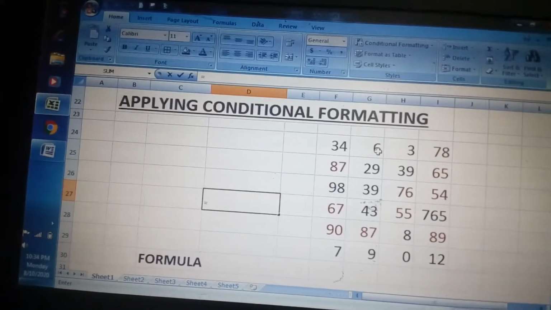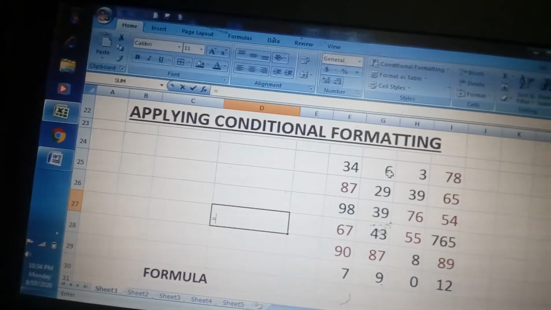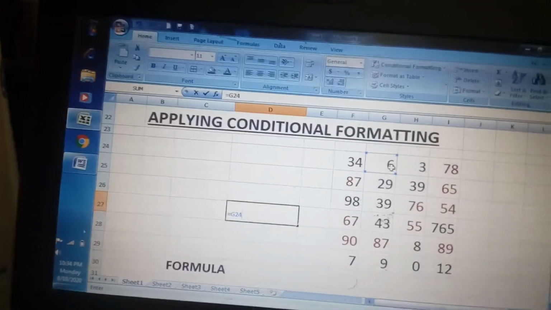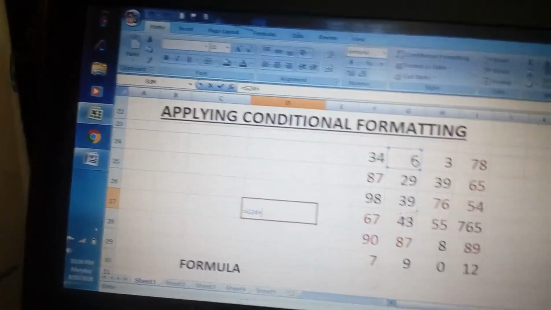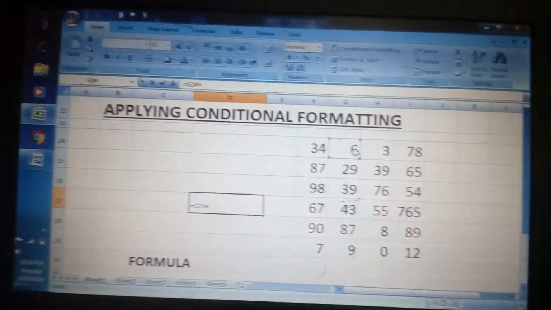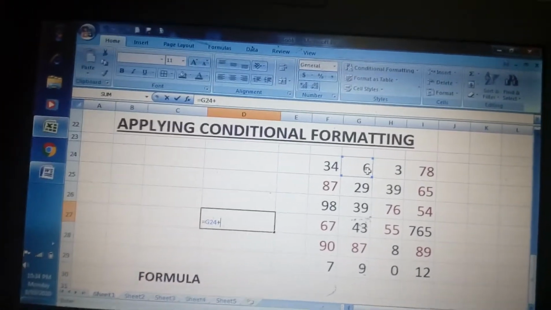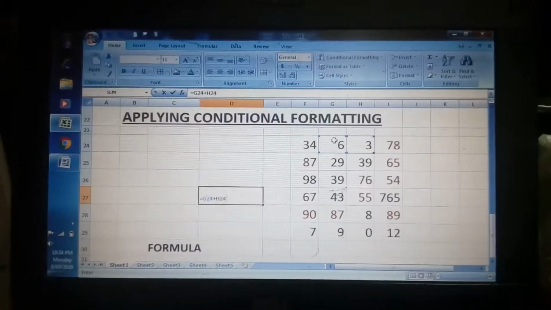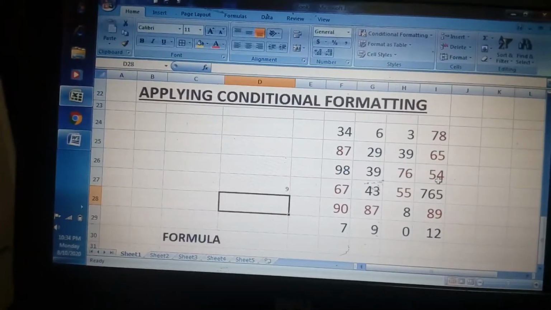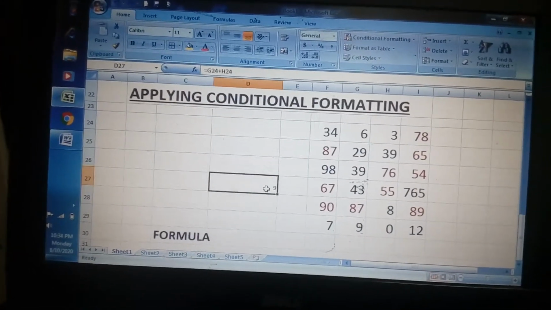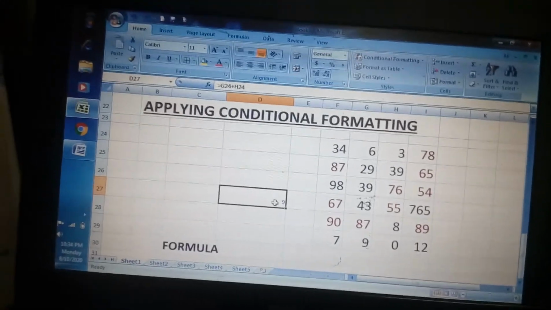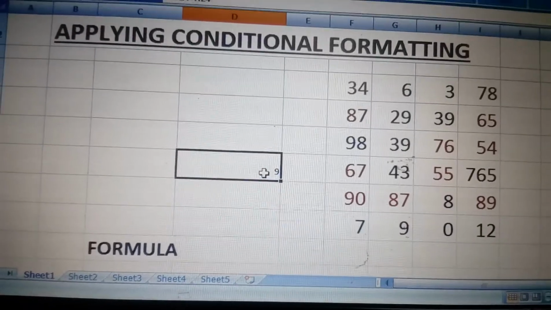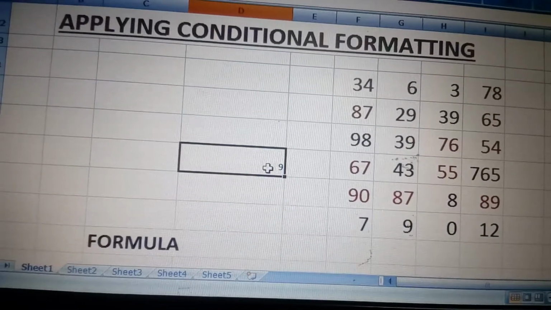So the cell is G24, right here G24, then the plus sign, and I want to add H24. Write H24 with the keyboard and press the Enter key. You can get the result here as you press your Enter key. 6 plus 3 is equal to 9, and the result you can see is 9. In the same way you can add more numbers.